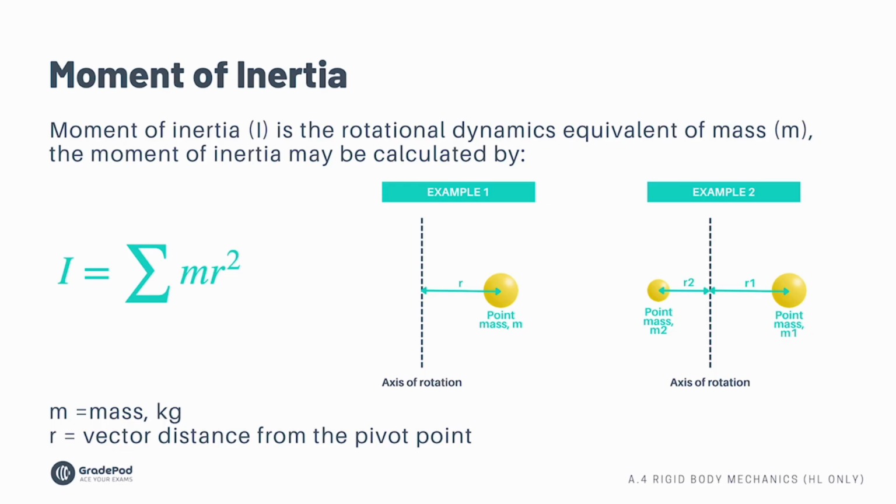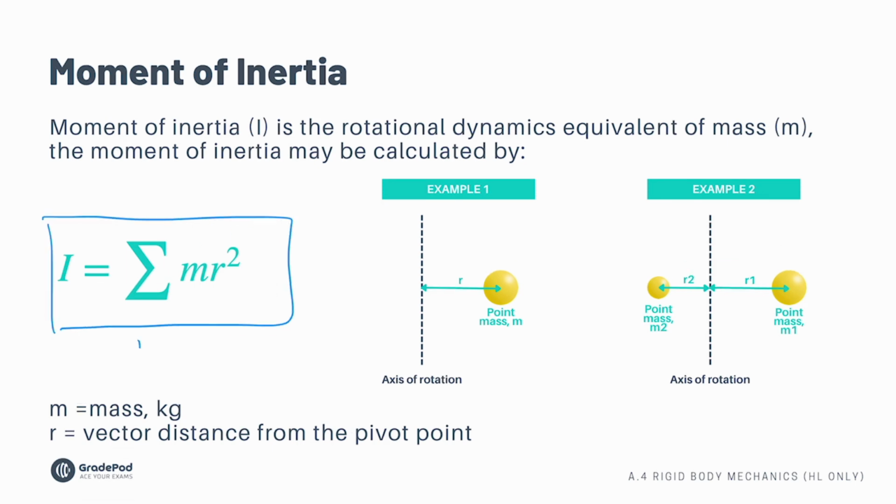To find out what the mass of an object is, you basically whack it on some scales, right? But you can't really do that with moment of inertia. You have to use a formula or an expression to calculate what the moment of inertia for an object undergoing angular motion is. And that formula is this. The moment of inertia is equal to the sum of mr² for each body rotating around an axis. And by body, I mean point